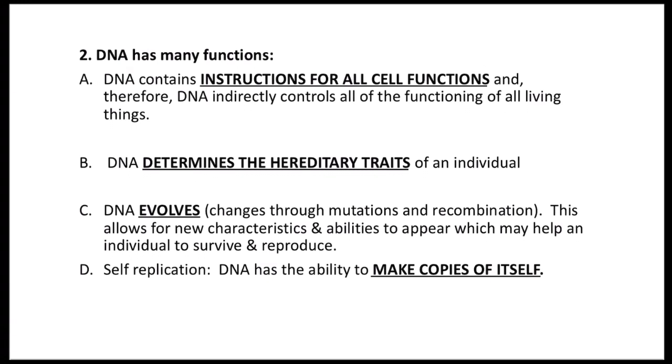B, DNA determines the hereditary traits of an individual. So the information that gets passed from one generation to the next, and so on. C, DNA evolves, it changes through mutations and recombinations. It looks different because of mutations or because of recombination events, where it's basically rearranged into something different. So this allows for new characteristics and abilities to appear, which may help an individual to survive and